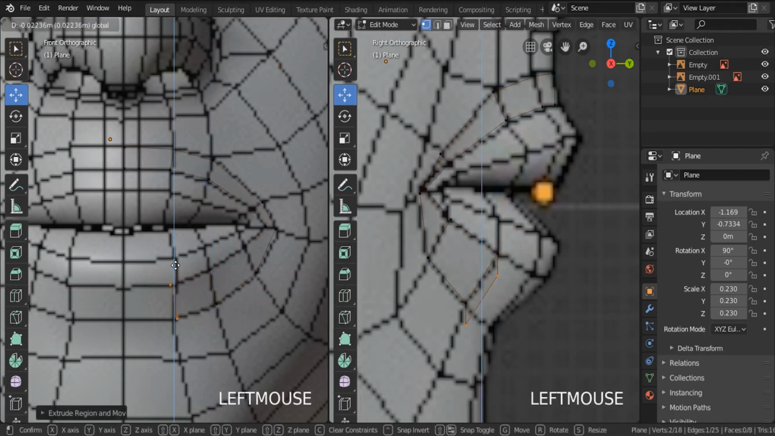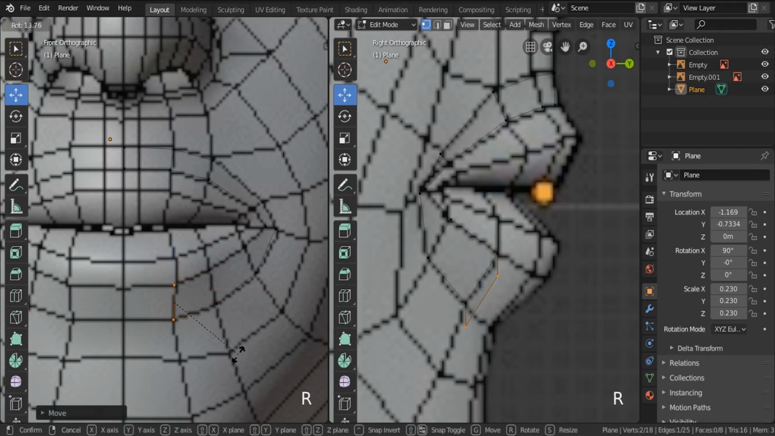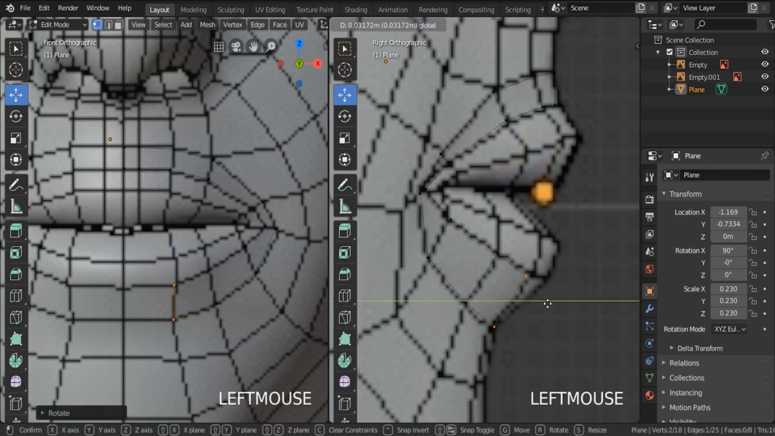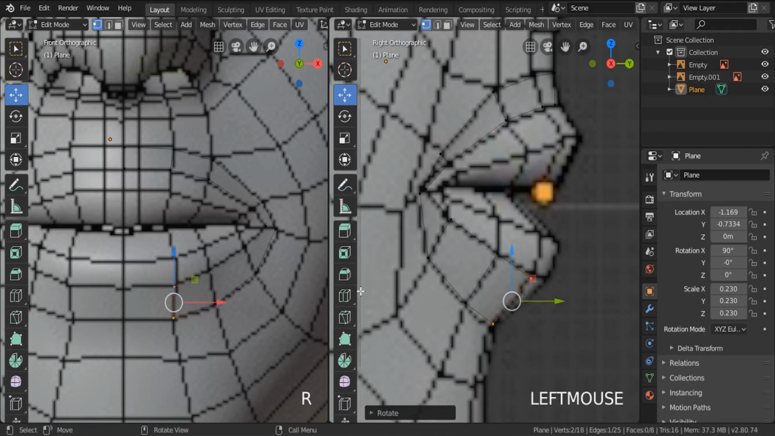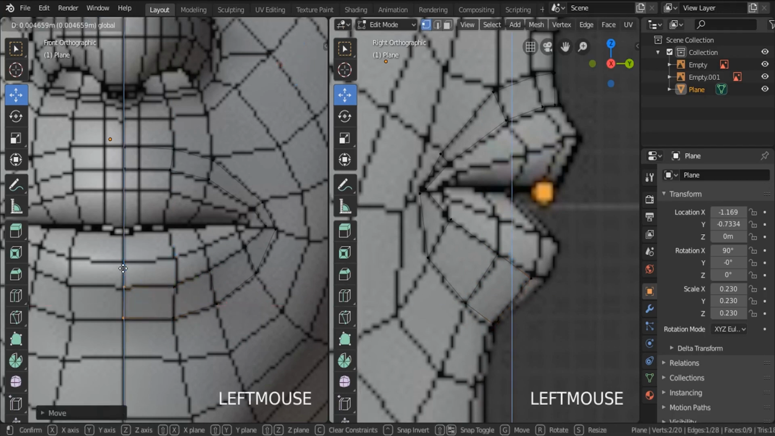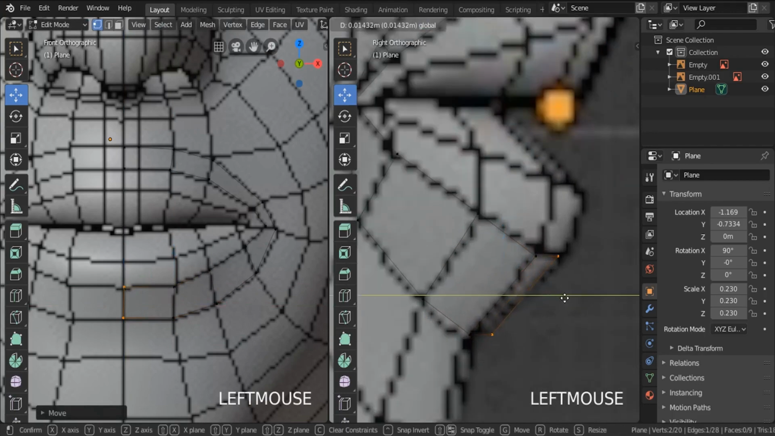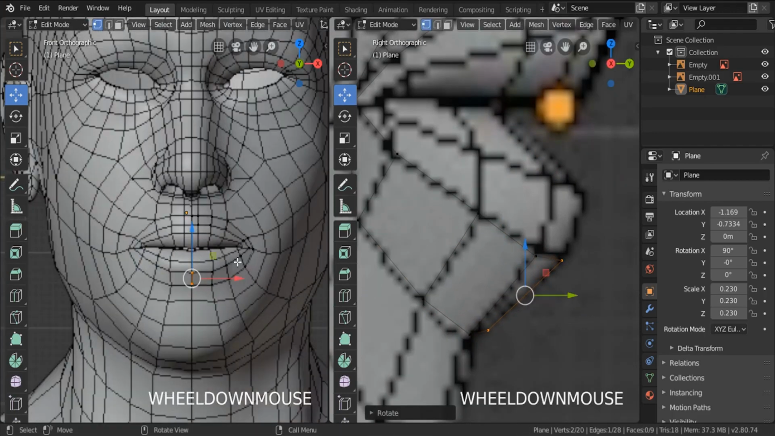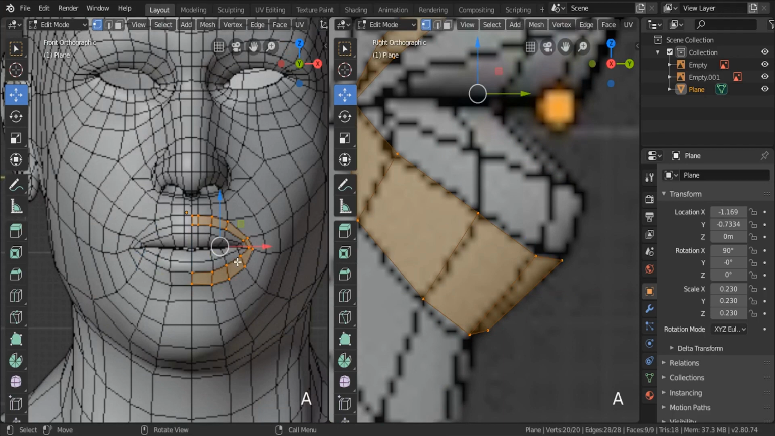Extrude like this, bring it down, spin it, rotate it, press R, and let's move it like this. Spin it like this, and let's add the final one and move it over there. There we go. Also, what I would like to show you is we can use the mirror modifier so that